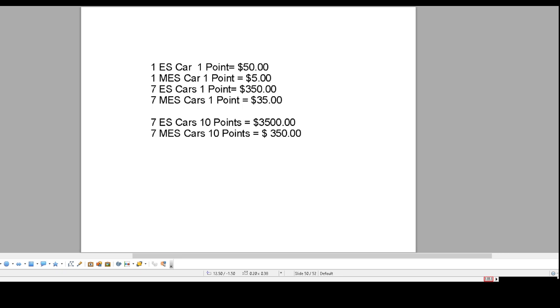But again, with a 50K account, they allow you to trade up to 7 ES. So 7 ES and you get 1 point is $350. That's just 1 point, which is very easy to do on a high probability setup when you have a divergence. A point is not a big thing. But you also have to understand a point to the downside is doable too because of the chop. So it always comes with a little danger, but just to put that in perspective, 7 MES cars, 1 point is just $35.